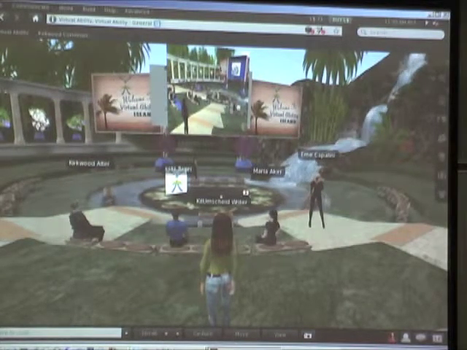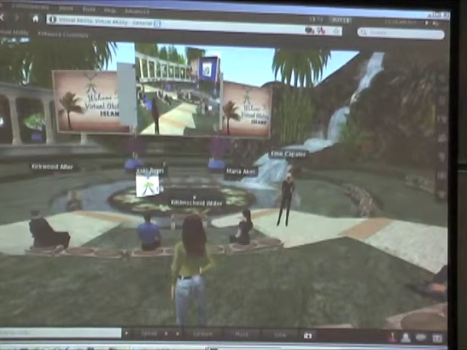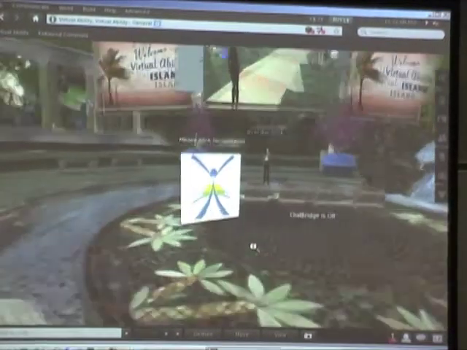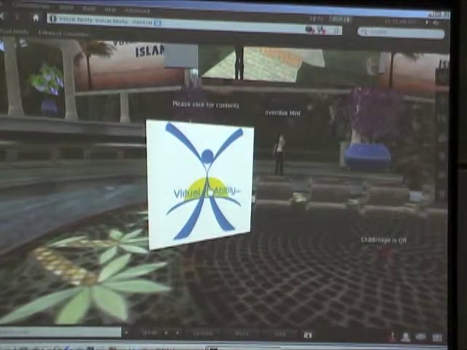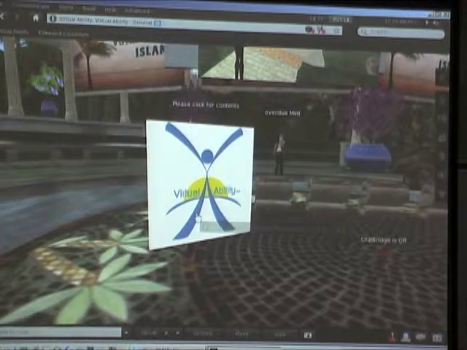So that's our tour. The poster down in front by Overdue, that white poster, if you want to click on it, you can get some information about universal design and about accessibility tools that are available for use in Second Life. And we're happy to answer questions. Yes, anybody have questions? Yeah, this is really neat.